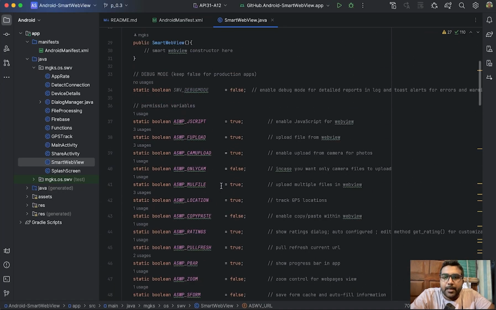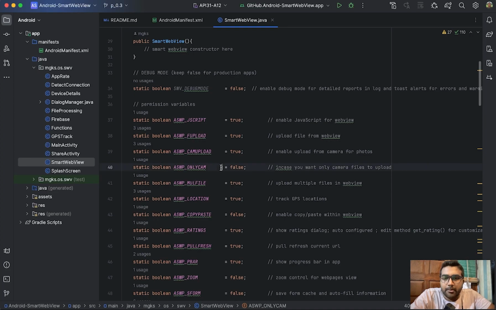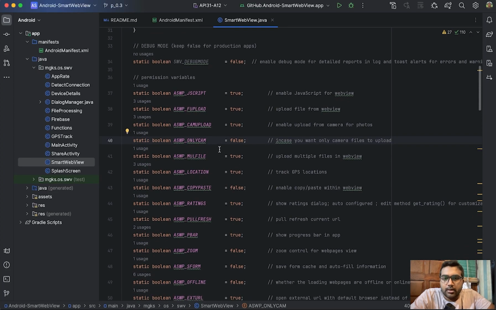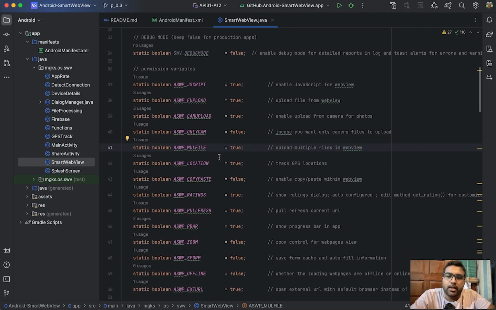And okay, coming back to it, only cam. There's multiple file system. You can upload multiple files, or disable it to select just one single file. We also have a location option. You can fetch location. How does it fetch the location? What currently we are doing is,